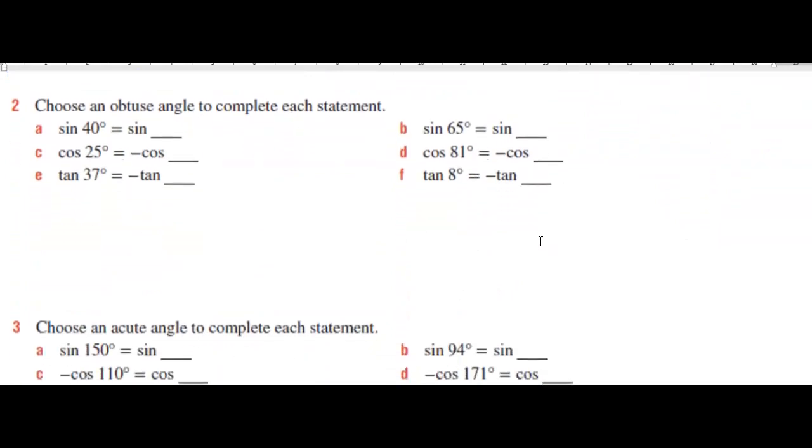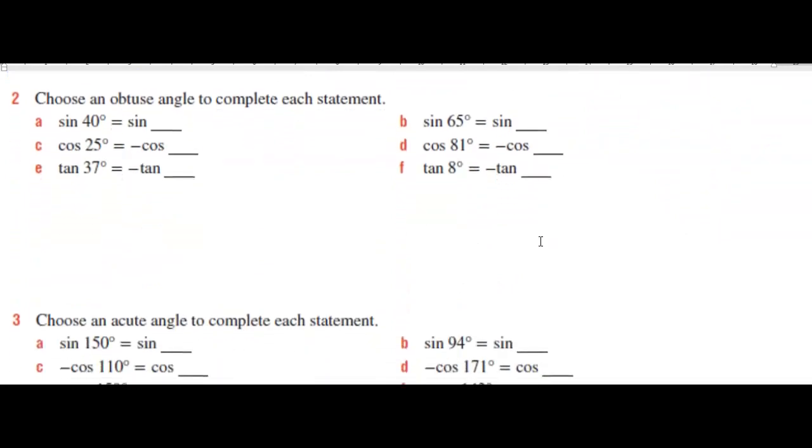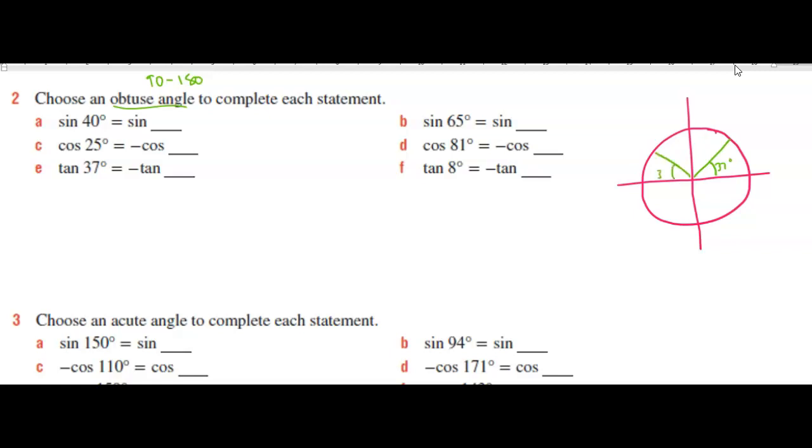All right, question 2. Choose an obtuse angle to complete each statement. So again, we're doing the same thing, finding an obtuse angle, so an angle between 90 and 180. So in the second quadrant, I'll draw my unit circle again. Let's do a tan this time. So tan 37. And here we have 37. So we're doing question E. So again, we're just doing 180